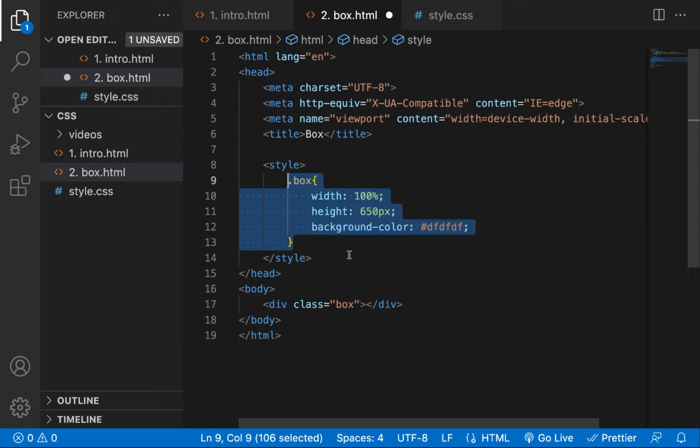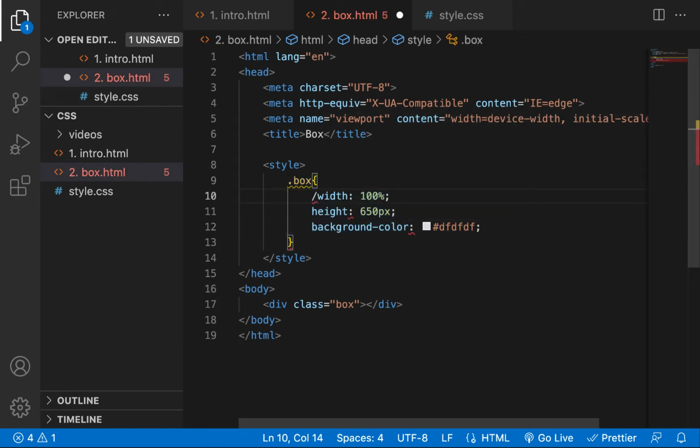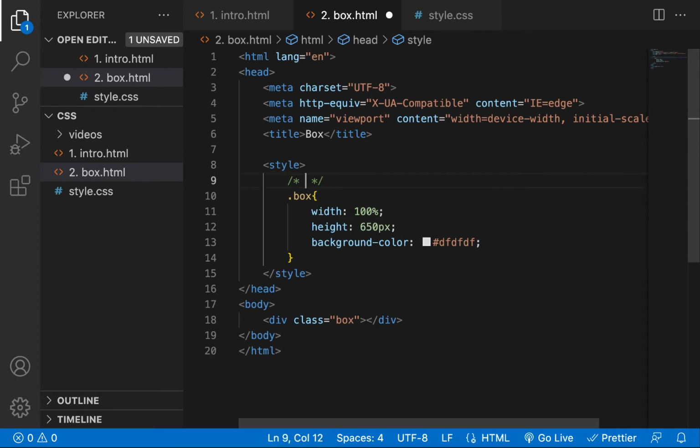But let me explain this. If you want to comment in CSS, you just add a slash and an asterisk, and to close the comment, an asterisk and a slash. Of course, you know the job of comments: they allow us to leave a simple note without it running. For example, I can come over here and create my comment and say, this is me